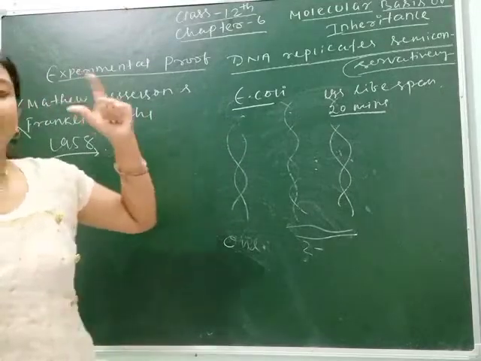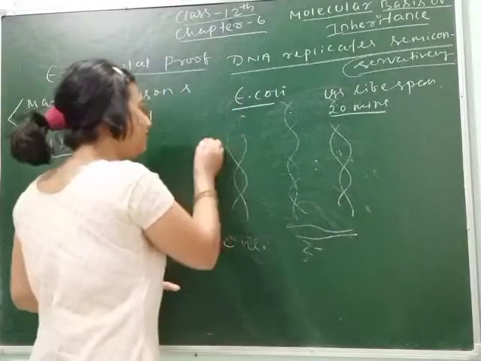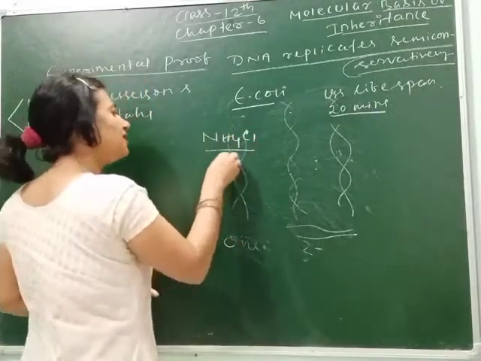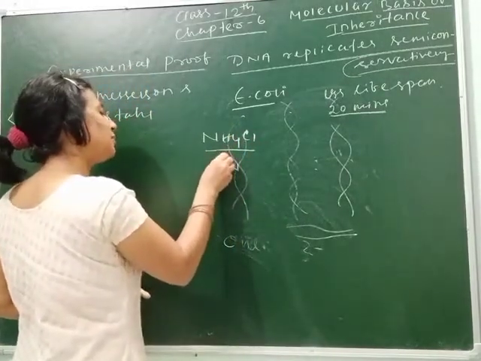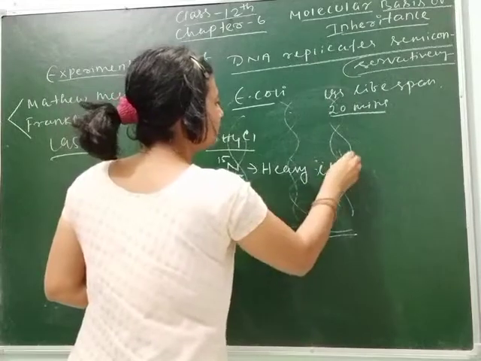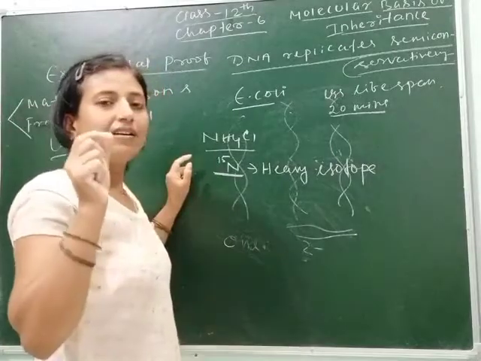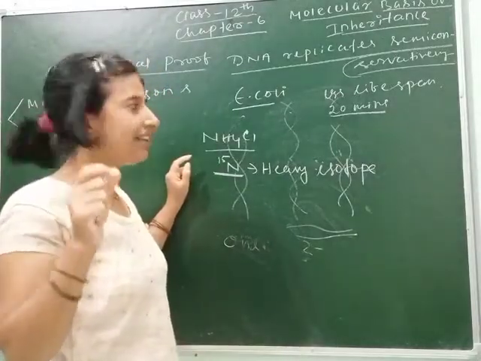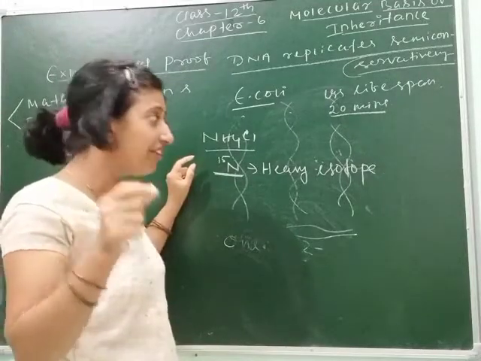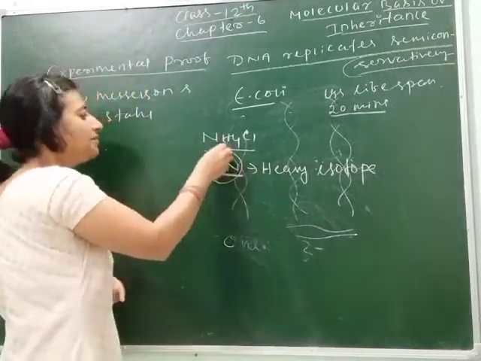So they take E. coli. Then what happens? They grow the E. coli in a medium containing nitrogen, means in ammonium chloride, which is called NH4Cl, in which the isotope of nitrogen is nitrogen 15, and nitrogen 15 is a heavy isotope. So Meselson and Stahl took E. coli and grew it in the medium containing ammonium chloride, in which the nitrogen is the heavy isotope, that is N15,